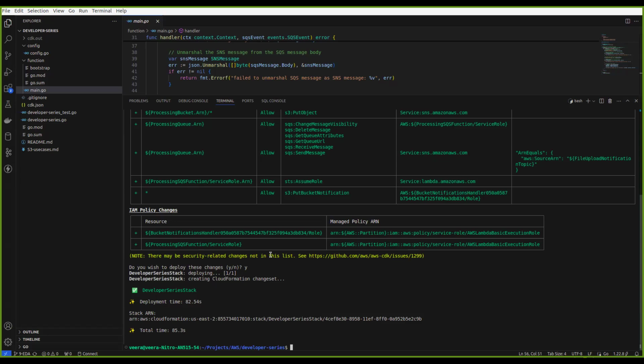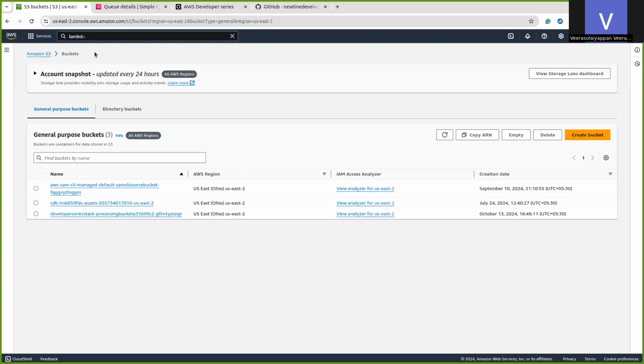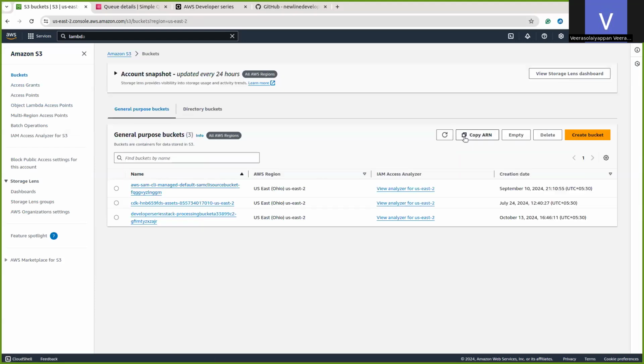Now let's check the AWS dashboard. Let me share my screen again. I hope the screen is visible. Now let's go to the S3 buckets. We should see the processing bucket has been created here.